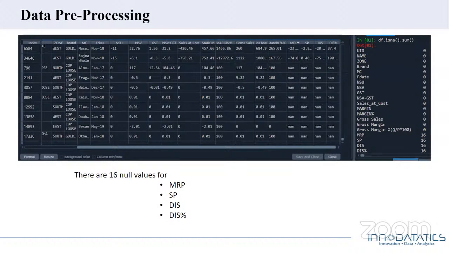Now going on to data pre-processing. Data pre-processing is a data mining technique which is used to transform the raw data into a useful and efficient format. In our project, we checked for null values and found 16 rows. After analyzing, we realized that these NaN values were due to 0 sales unit or NSU. Here you can see there are 0s in the NSU column, which in turn gives 0 for most of the